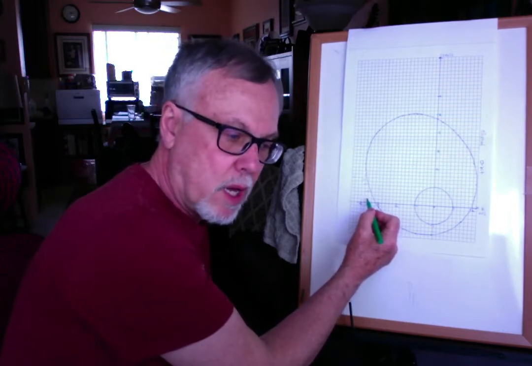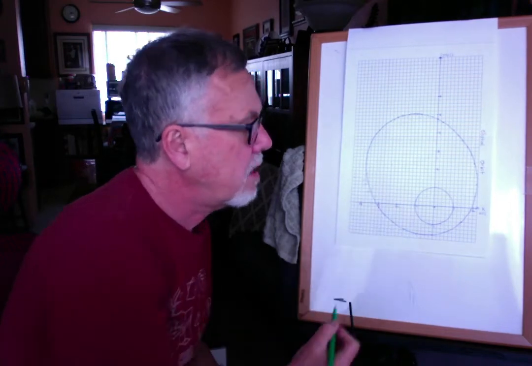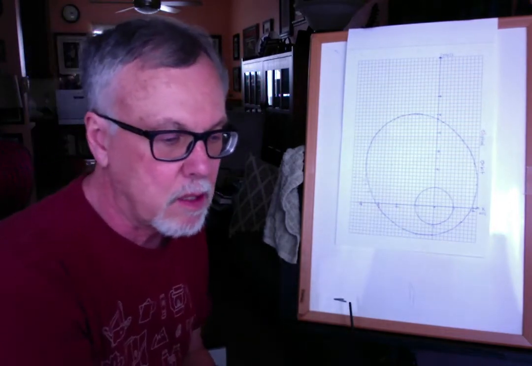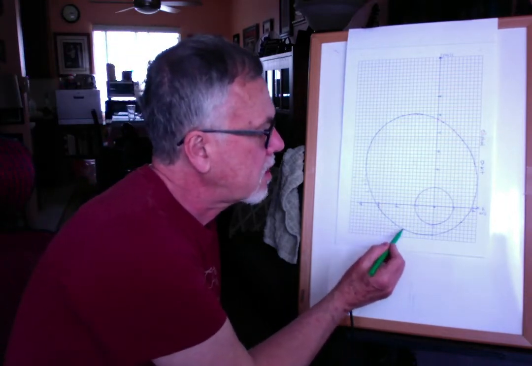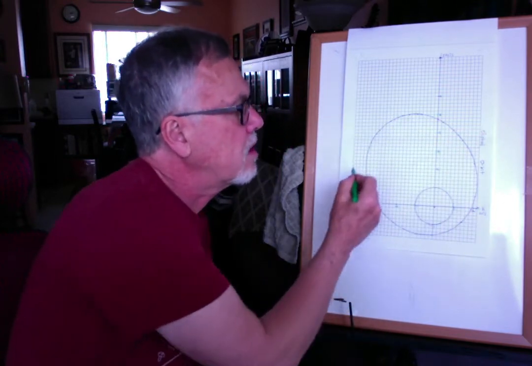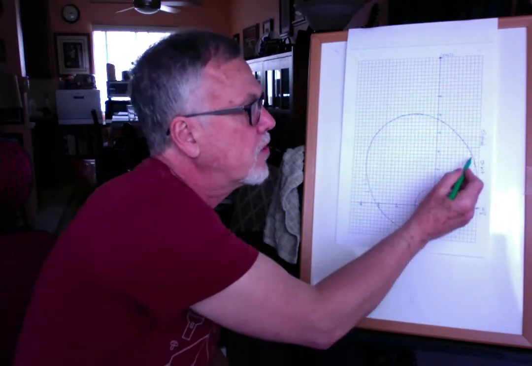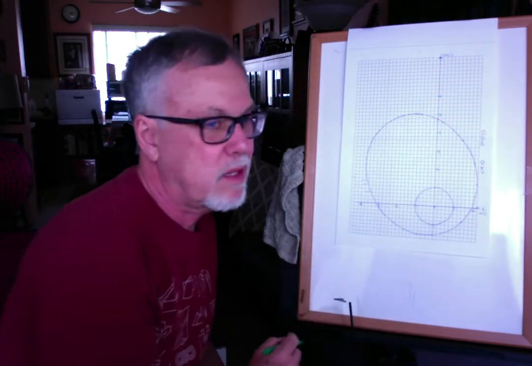And then it says y is 1.04. So I go up here to 1.04 and I make a mark. And I do that slowly but surely all the way around. So you see all the different marks I made from the data. And then I connected them with a smooth line to make the orbit of the satellite. So this is the orbit of the satellite around the moon, and there's the moon right there.